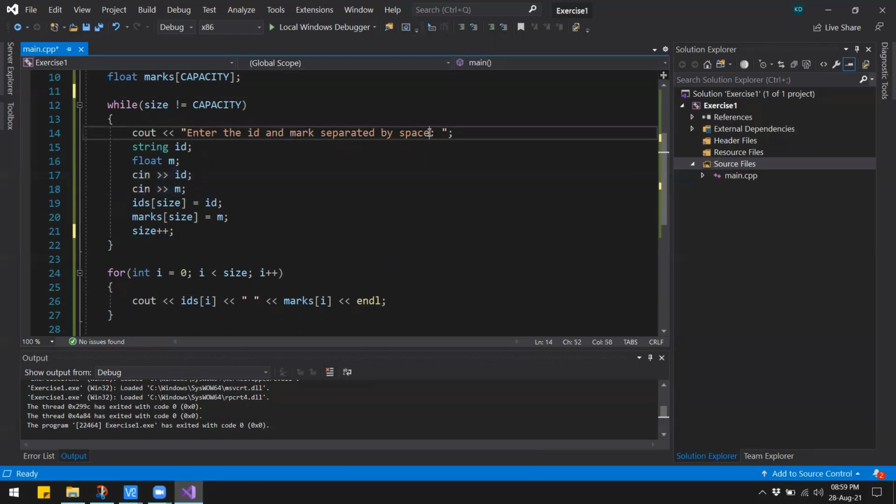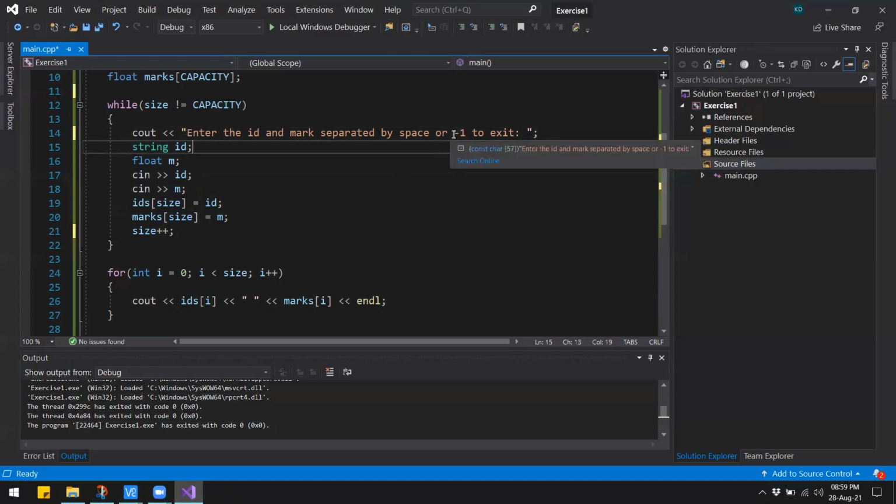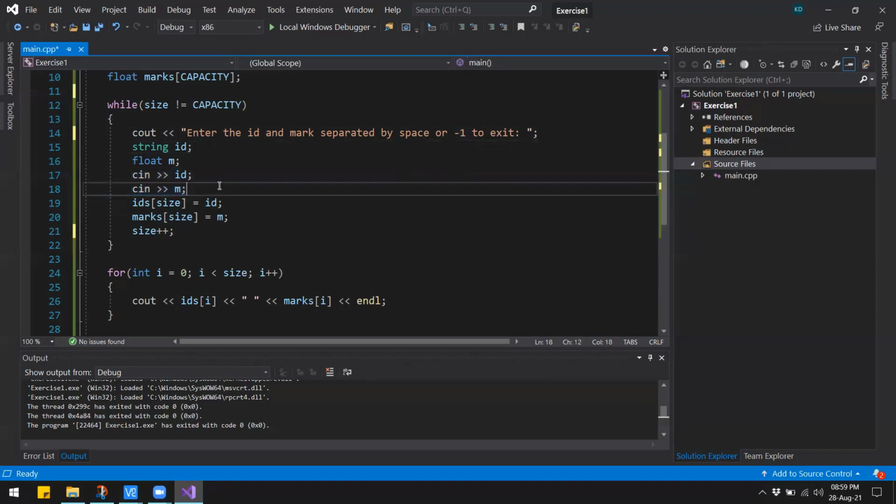So in the message I can say enter the ID and mark separated by space, or -1 to exit. So the user will know that they have to enter the mark, and if they want to exit, then they will enter -1. But if the user enters -1, then that -1 will be captured using the cin, in the first one, which is this ID.